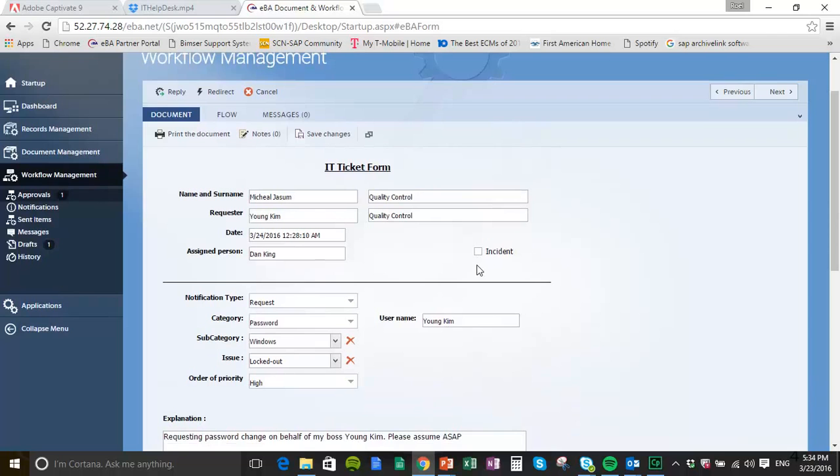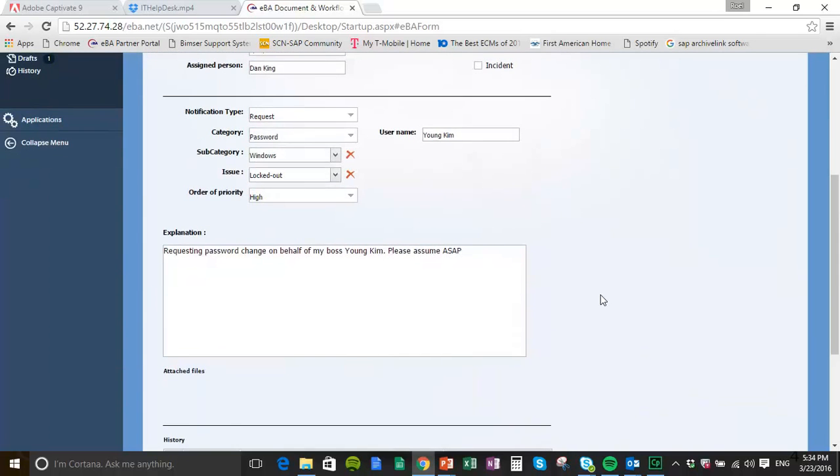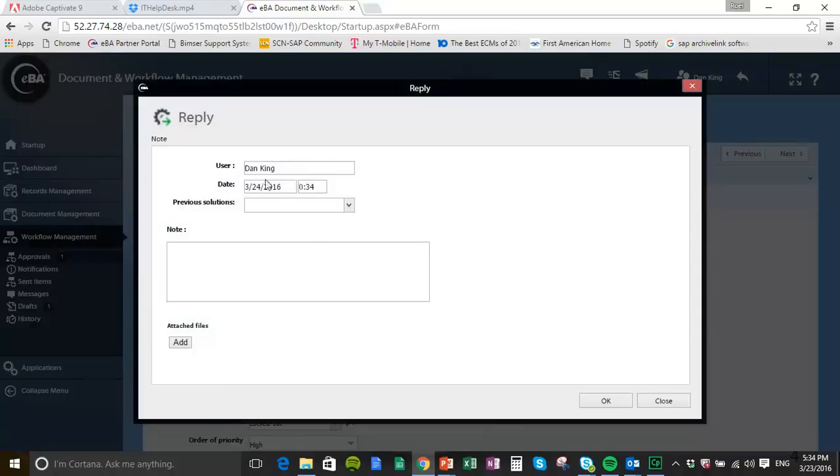So Dan actually reviews this process right now and decides to go into the Windows Admin Center and change Young's password. After he's completed doing that, he basically replies to this workflow and basically gives a message and says, "Hey, I've reset the password for Young. Please use the following upon login," etc., etc. So he submits this reply,